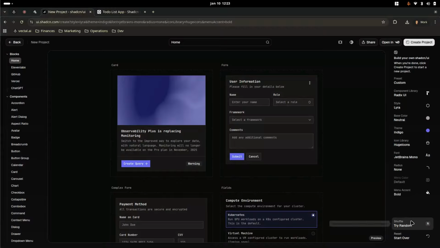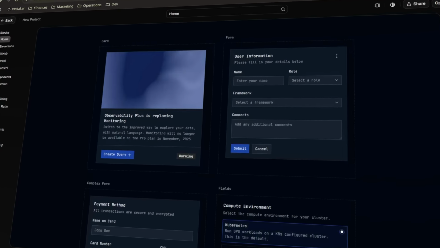If you're coding with AI, please make sure that your website doesn't look like every other AI generated site on the internet. Actually, I think that I found a tool that helps exactly with this problem. I've been coding with AI for more than 5,000 hours, and this has been one of the biggest breakthroughs that I've had. It's a tool called Shadcn, and in this video, I'll show you exactly how to set it up